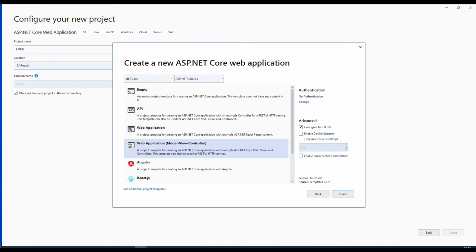Yes, I want to configure for HTTPS, the secure channel we use for connections. I'm also enabling Razor runtime compilation, and I'll talk about what that is later. I'm not selecting enable Docker support because it needs Docker Desktop and I don't have it right now. After that I'm creating the project.